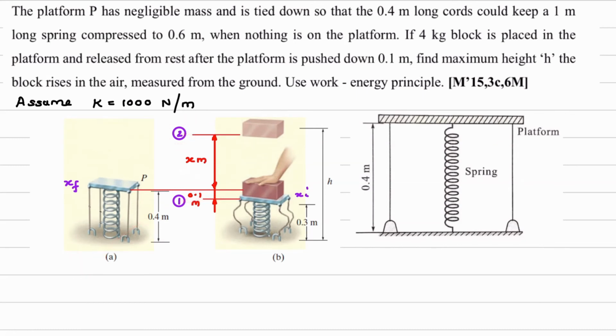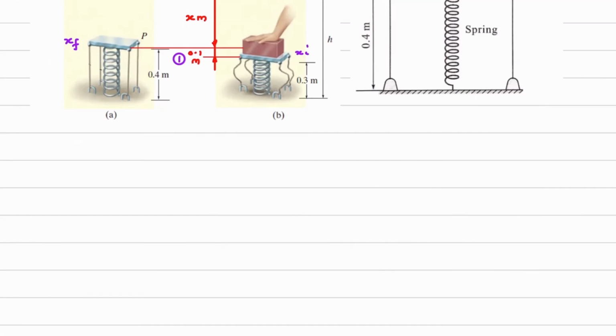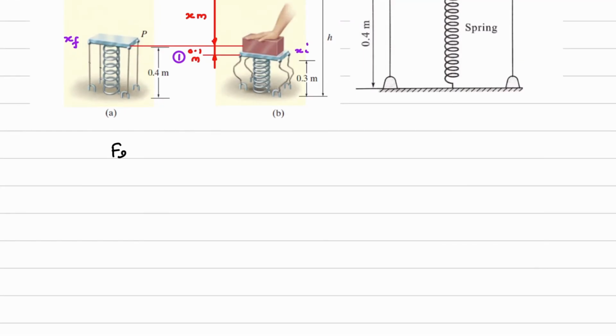This diagram is not the initial one. This diagram will be the initial diagram in which case? Before placing the block. But once the block is placed on the platform and it is pushed, after applying the weight, the initial position is this one and the final position of the block is this one. Okay, so I'll write down all the things which we have discussed now. So free length of spring is equal to 1 meter. Now after applying the weight, we have to consider this diagram.